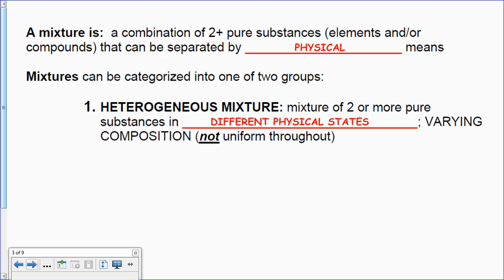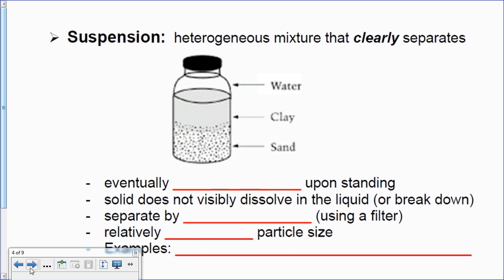It's not uniform throughout. The scenario is if you've got a beaker, you might have some particles that are red over here and over there and over here and over there. Then you have other particles, and physically you can see the difference between them. You can see the different components of the mixture. That makes it heterogeneous. Now, the suspension